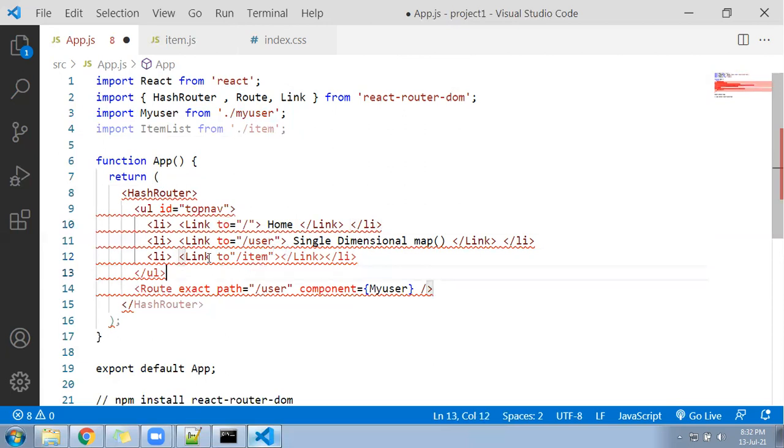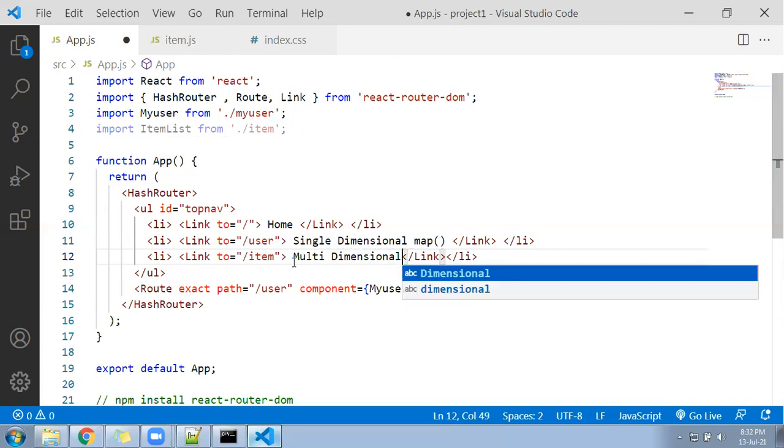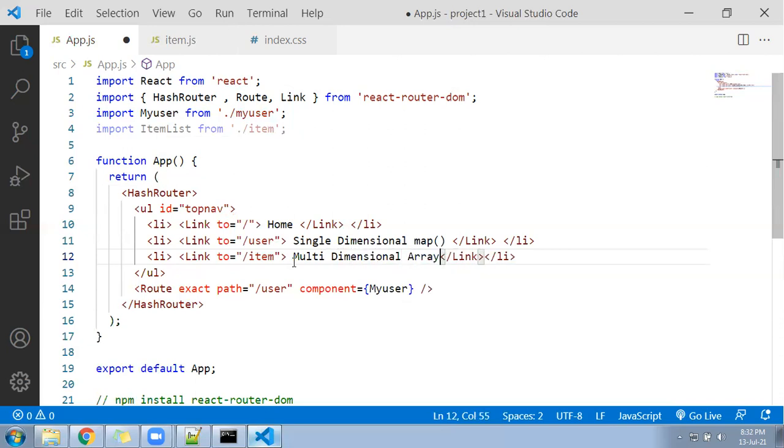Okay, hold on. Link to, I have missed out, equal to. So it's saying item, then I'll write here call multi-dimensional array and map function. This is the heading I given.